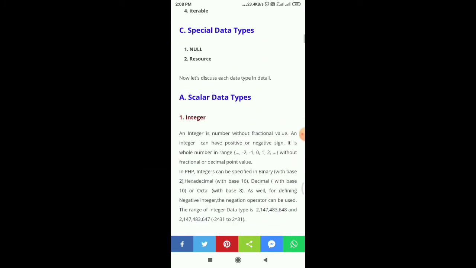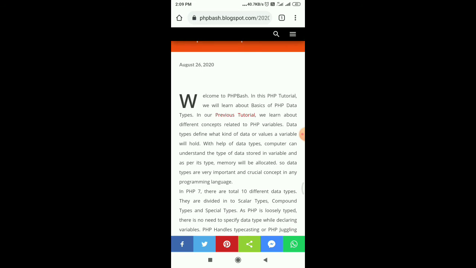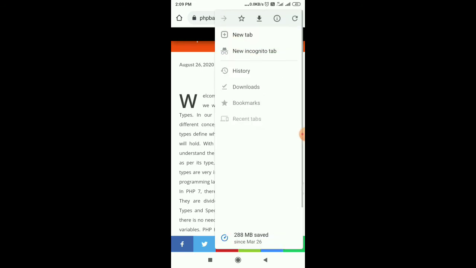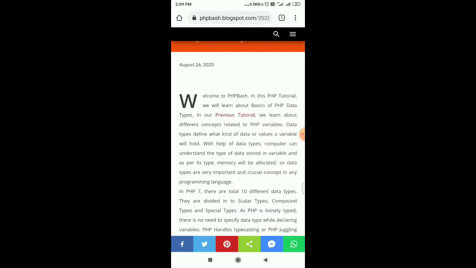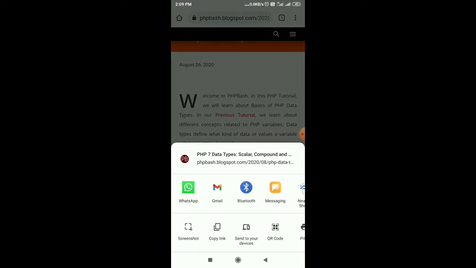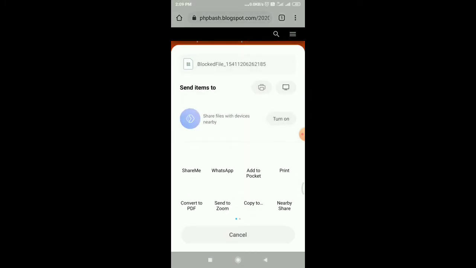Okay, now this article I want to save for reading later. So what I will do is tap on these three dots, and here you can see there is an option called share. So tap on share. Now friends, here it will show you different options for sharing this article. So here I will tap on more, and now it will show me the Pocket option here. So I will simply tap on this add to Pocket option,